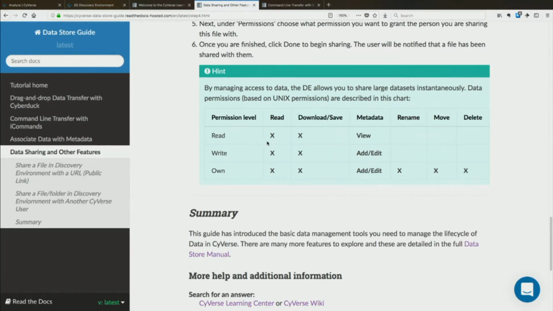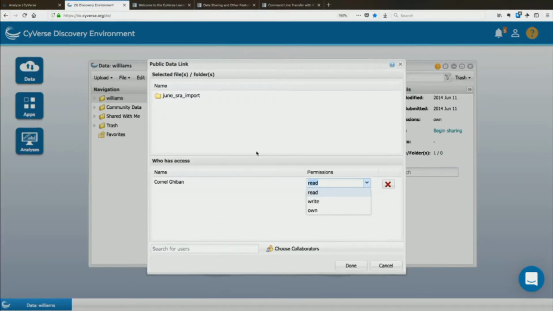Read is the lowest level of permission, where they can just view what's going on. Own is the highest level, and you have to be careful because you are also enabling whoever you share it with to move or delete a file. So you want to do that carefully. But once I decide what level of sharing I'd like to give this one individual, or it could be several individuals, I can click the word done, and then this would be processed, and literally within a few seconds